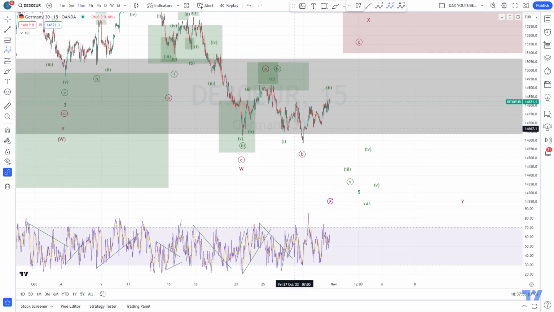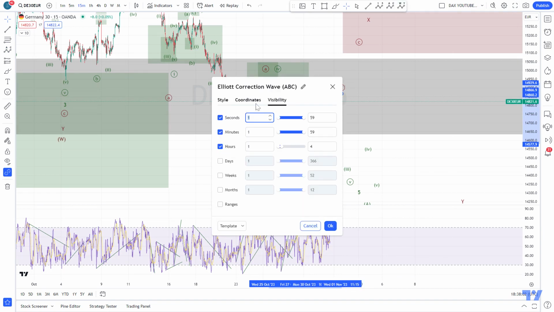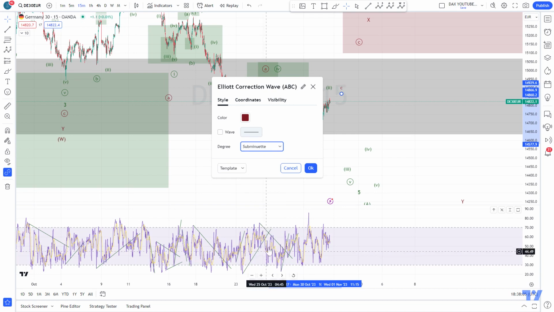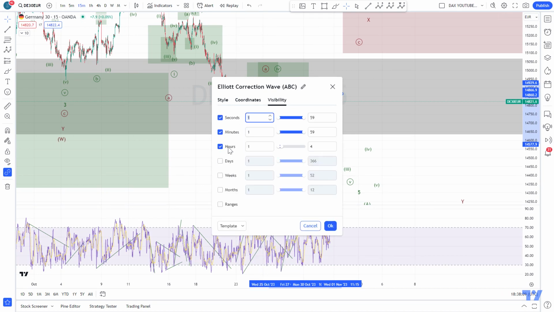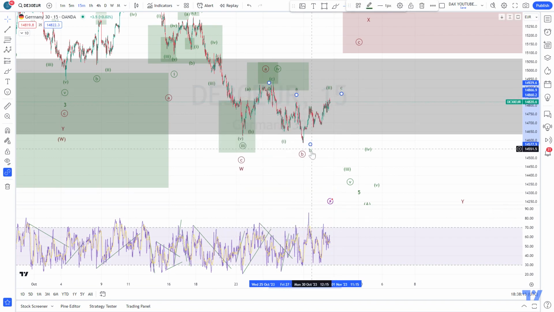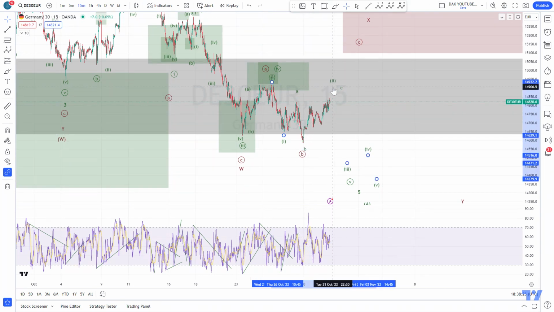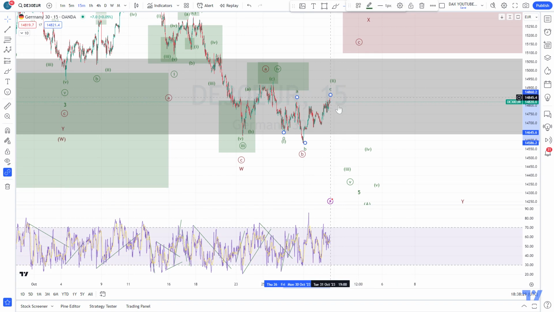Let me put it here on the chart. I'm sorry, this is not right. So then like this, a wave A from here, a wave B down, overshooting wave B, and now a wave C up. Here we took out the wave A, and then this wave C can be our wave 2. And therefore we cannot take out the high right here, and then from here we could start the impulse down. That's a possibility, but